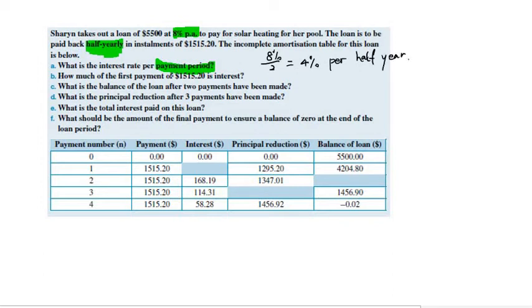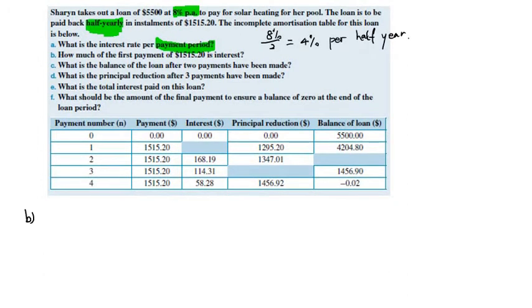And how much of the first payment of $1,515.20 is interest? This is a bit hard to understand, but what we can see is that it asks us to complete a table over here. So it's asking us how much money we need to pay if we have already made a $1,515.20 payment. Now here you need to pay extra attention because some students feel like, okay,